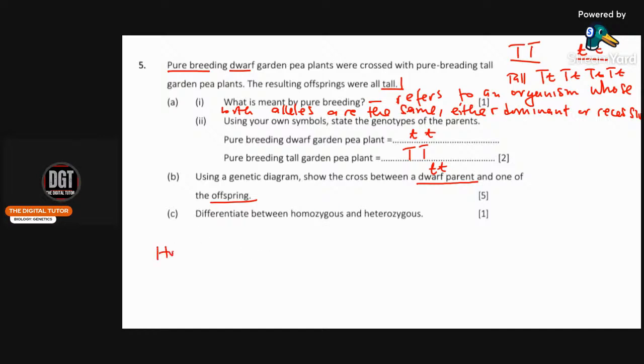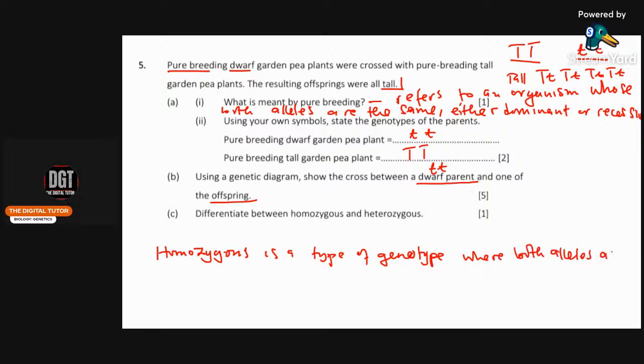So we can say homozygous is a type of genotype where both alleles are the same. Okay, either dominant or recessive,